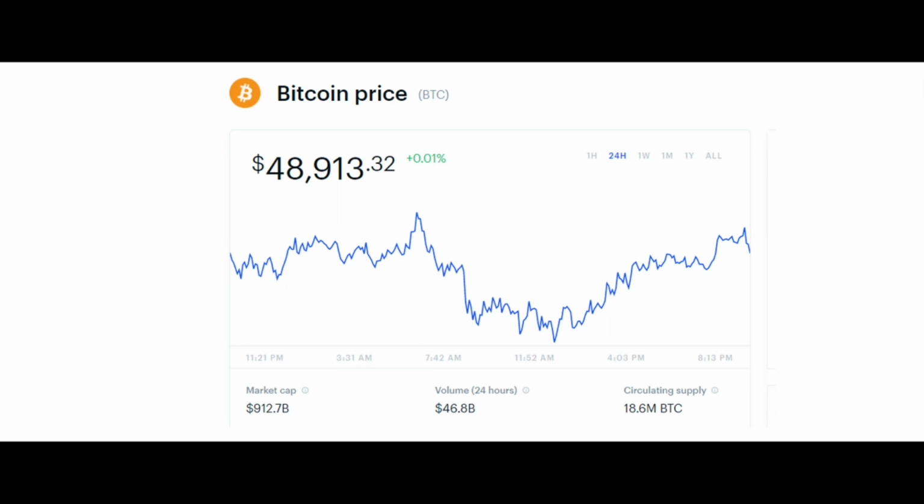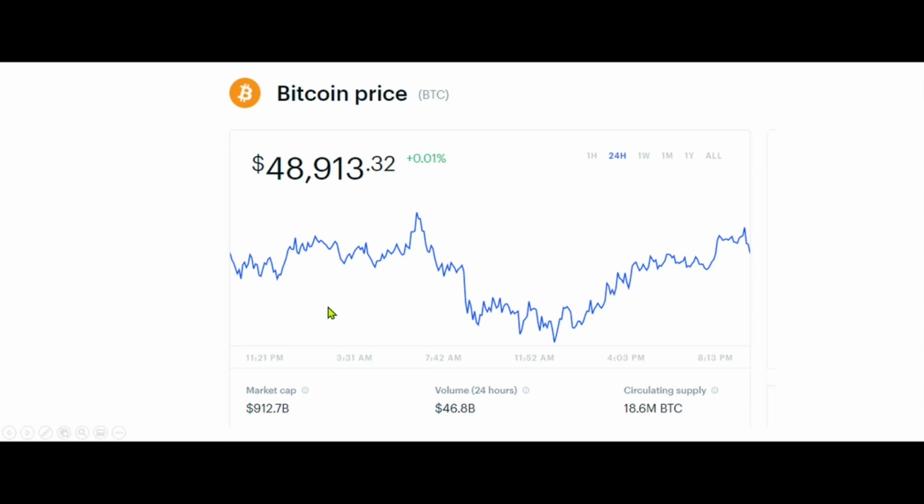Also with Bitcoin, you can buy in fractions, meaning what? You can buy Bitcoin for $100. So you can divide this into the 100 and see what portion you get. You can get 0.0012 something, for example, and you get to hold this. You can hold this as long as you want, and when the price goes up, you sell it, or you can just leave it in your wallet.